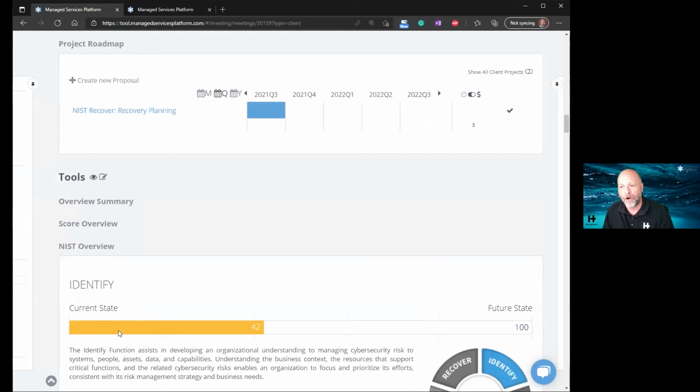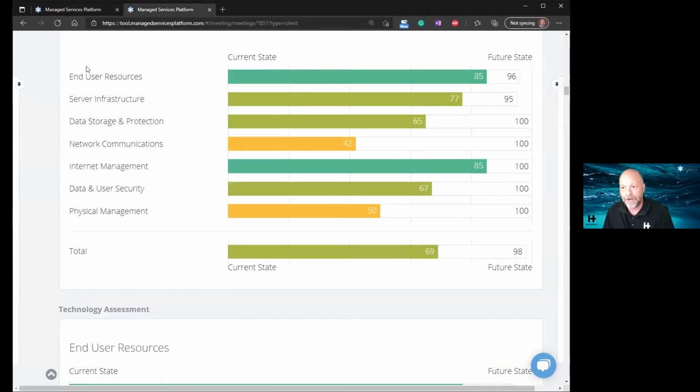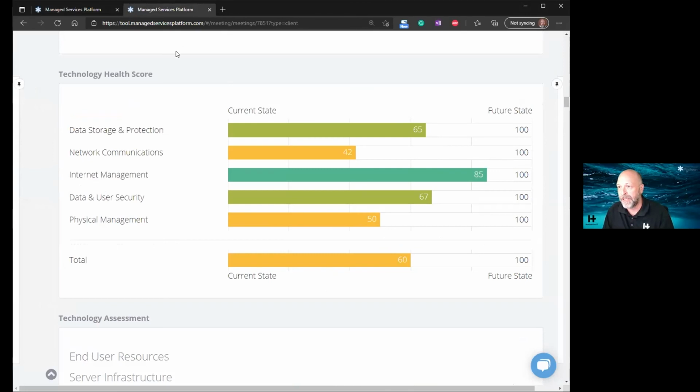But if you want to apply this process to other reports, say an architecture type report, and you want to focus on just perhaps data storage, all right? And you don't want to look at end user resources or internet management, okay? You have the ability, remember, to go in and you can flip entire categories off, all right? So in this case, now we're changing our list up. We're only looking at this minimum set of activities. And so it gives us the opportunity to, again,